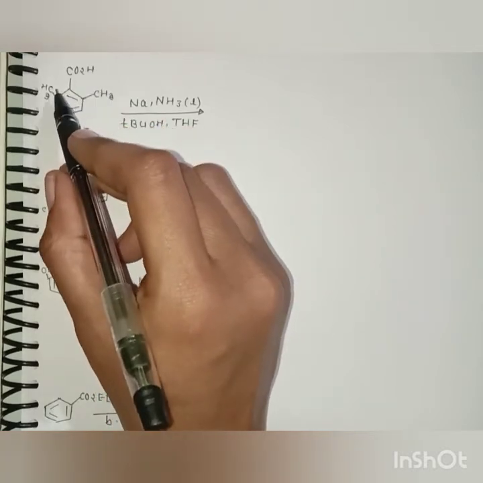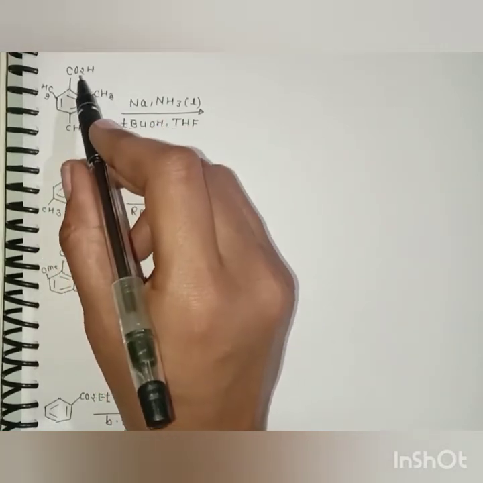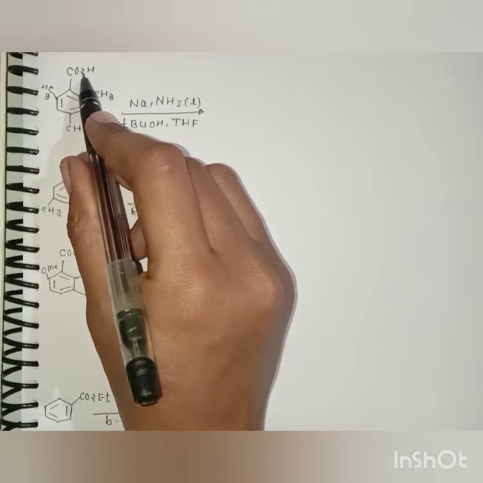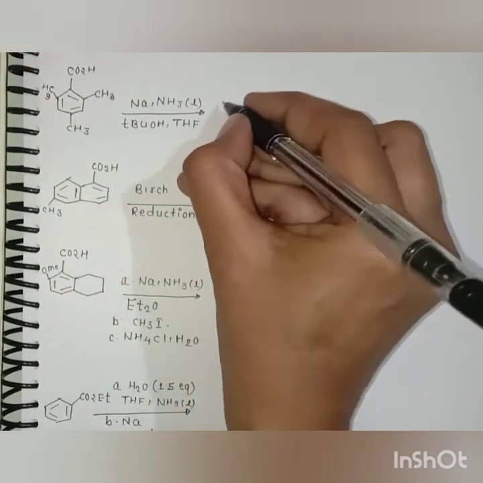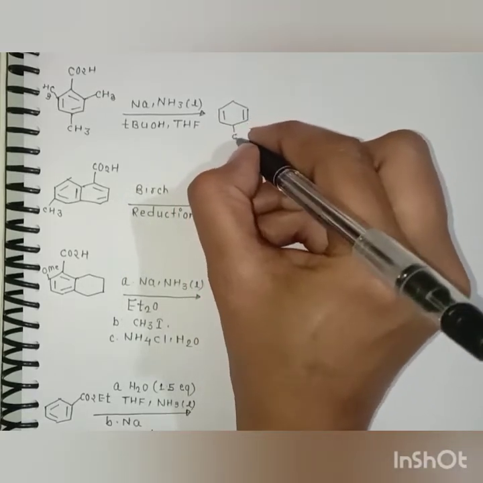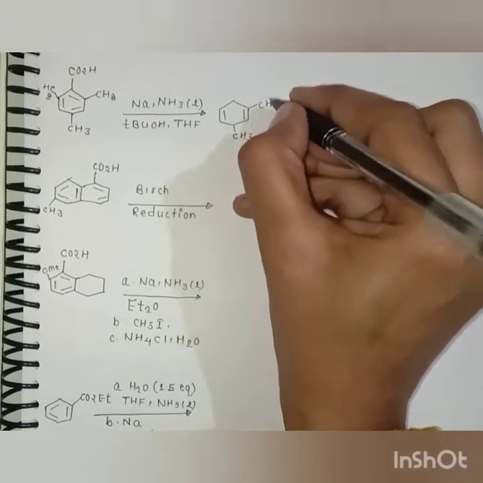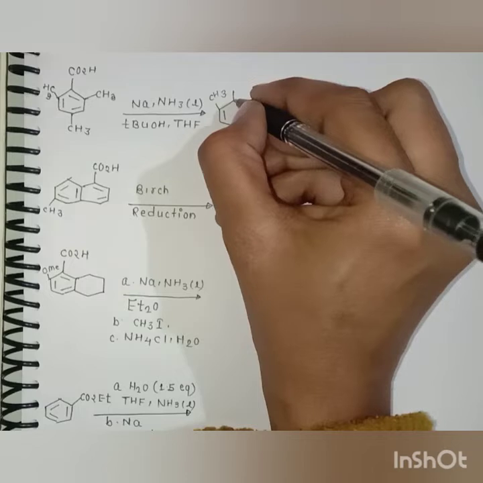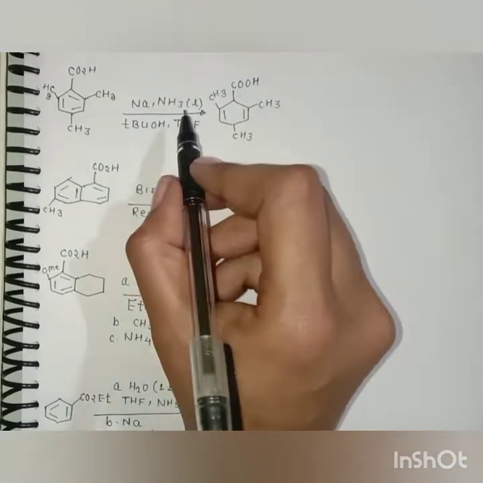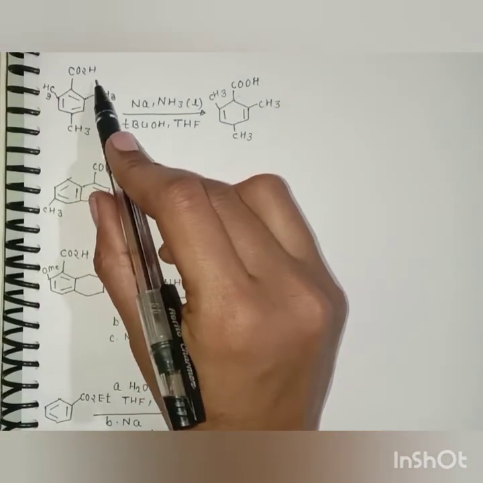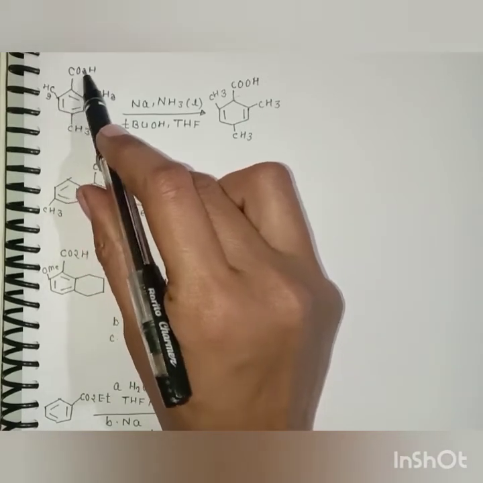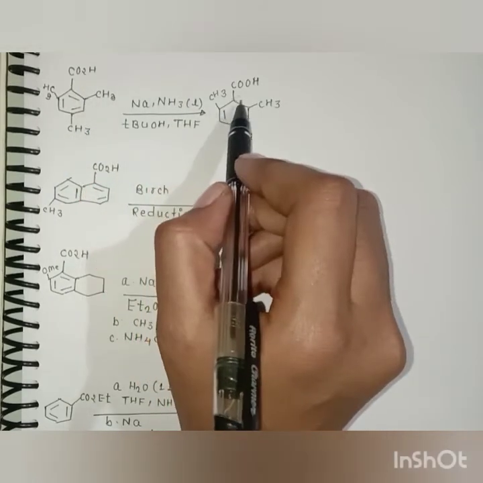So whenever there is a possibility of the presence of the electron donating as well as the electron withdrawing group, the Birch reduction goes in accordance with this electron withdrawing group and we get the product where these carbons remain sp3 in nature, and we know that the trick for the Birch reduction when the electron withdrawing group is present is that the carbon where the electron withdrawing group is present, it becomes sp3